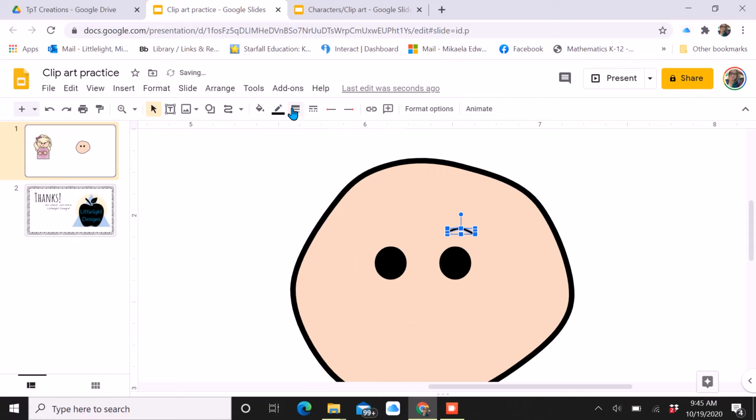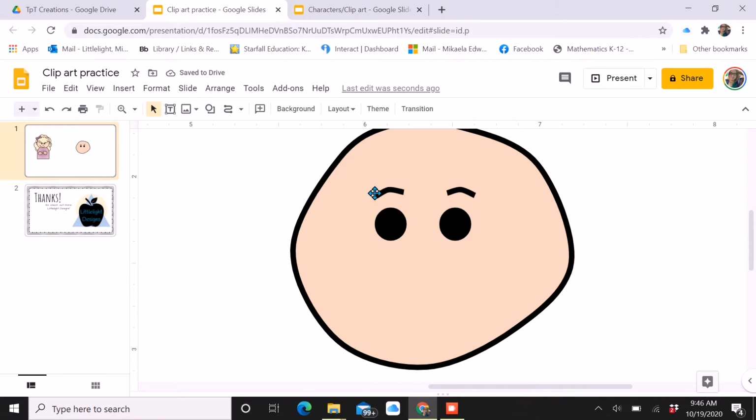We're going to make it 3 points. We're not going to fill it because it's just a line, but we're going to copy and paste, and we'll add it to this side. You can make it smaller, you can make it larger, however you want, tilting, larger, however you want. And then we're going to do the same for the smile,